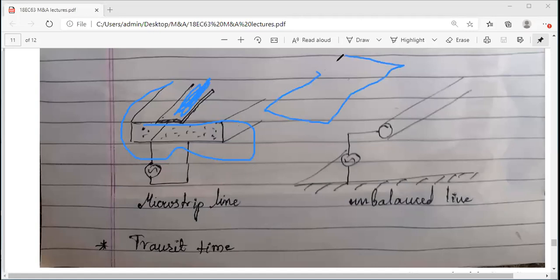Try to imagine a wooden block. In between, something like this, you etch it. With a chisel, you can etch this part and make a groove. In that groove you can use a different material, and whatever empty space is left there, in that you can insert this microstrip line. You can use this as a transmission line. So these are the different types of transmission lines I have shown.